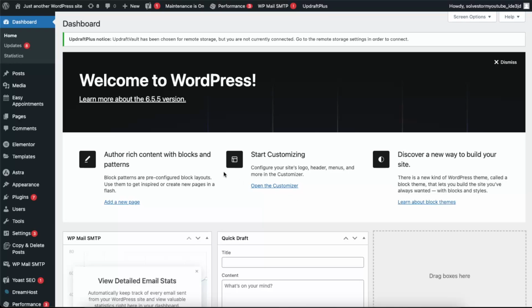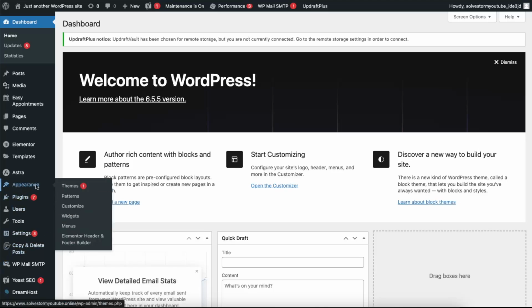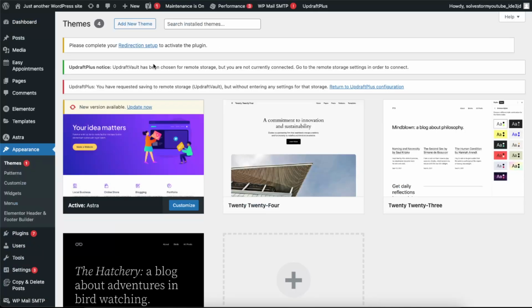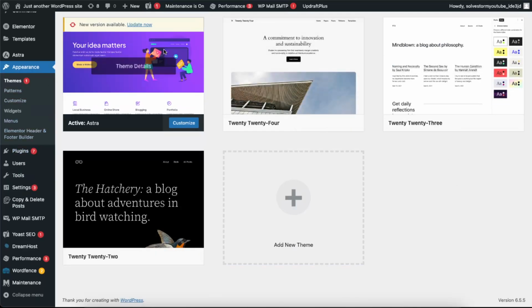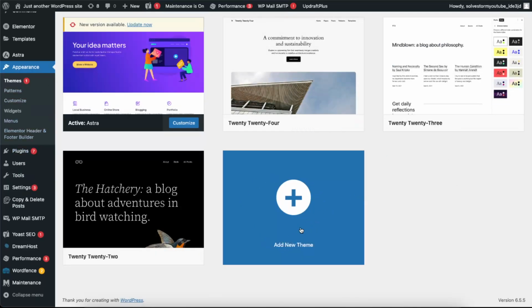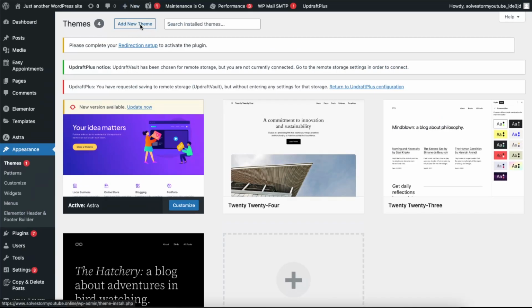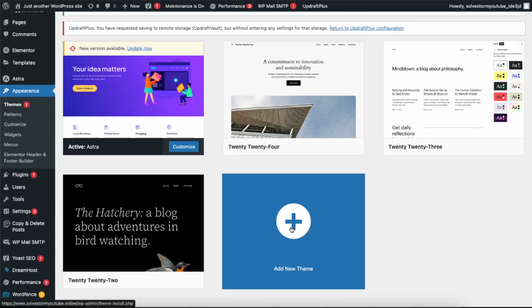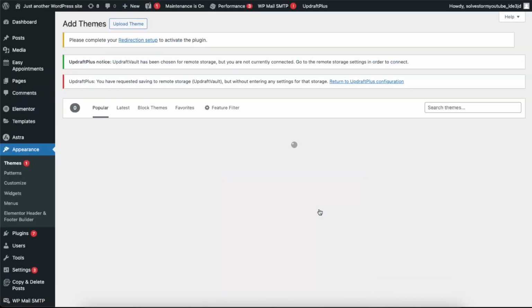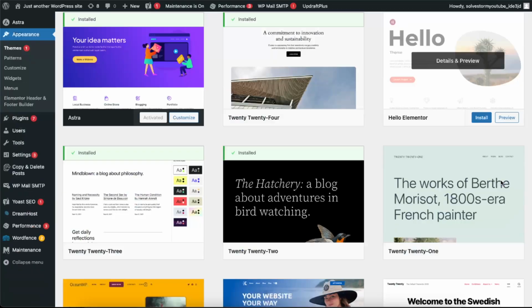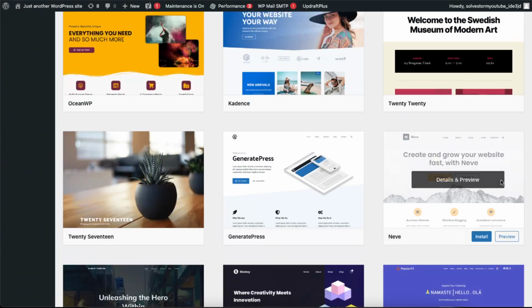So first of all, you want to go to the menu on the left side here and click on, hold on, appearance and click on themes. After that, you will see lots of themes here. You can either click add new theme right there or at the top. And once you do that, there will be a search theme option, or you can just scroll down and try to